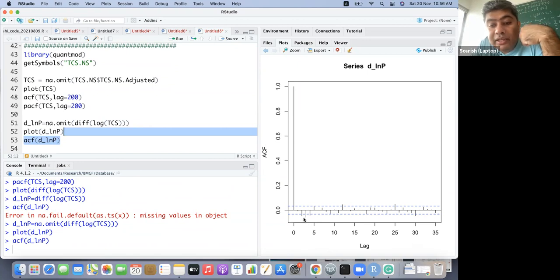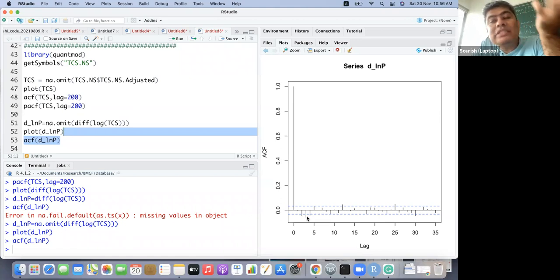There are certain correlations at the second day, third day, fourth day, and there is a 30th day negative correlation. How much is the correlation? Maybe like 0.04 or 0.05.